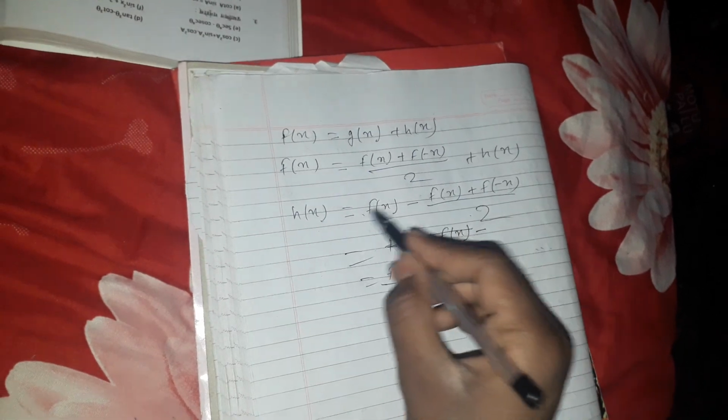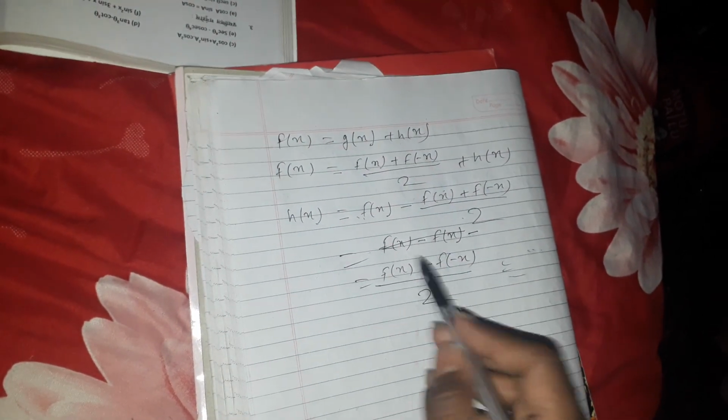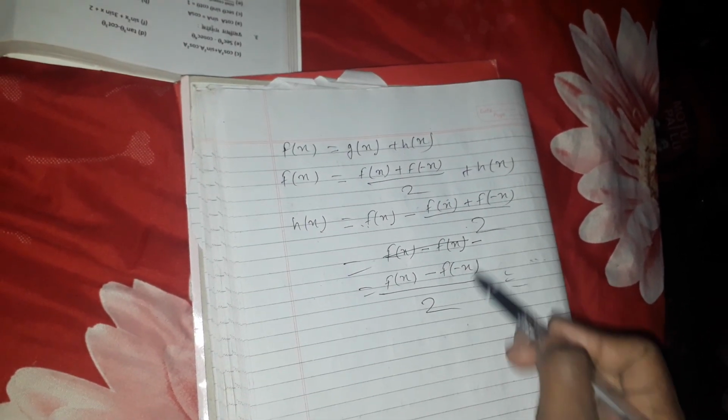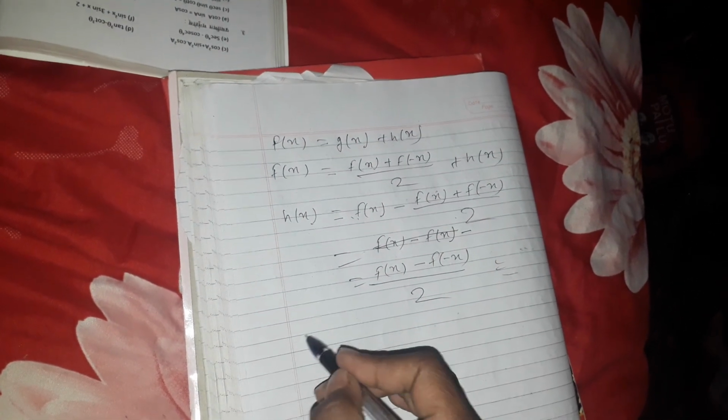So I just wrote the result: 2f of x minus f of x is going to be f of x, and then distribute the minus sign, so you have minus f of minus x. So h of x is this thing, and for h of x we have a unique solution,